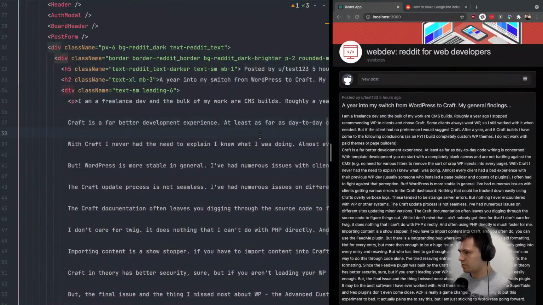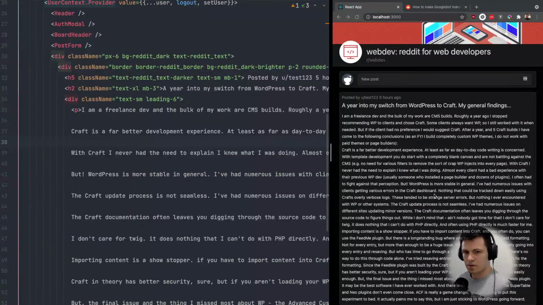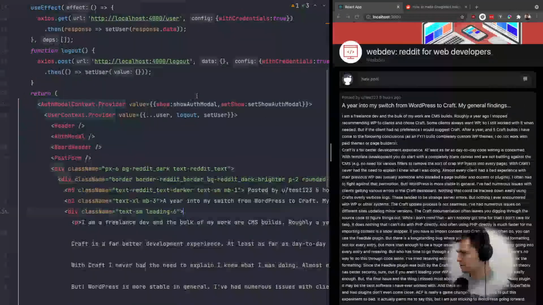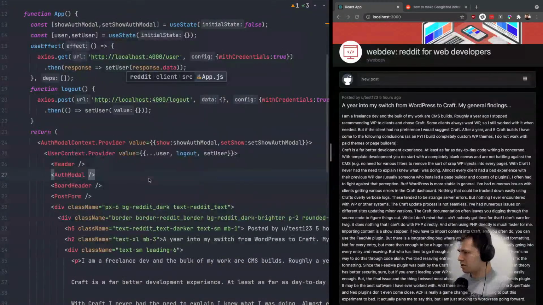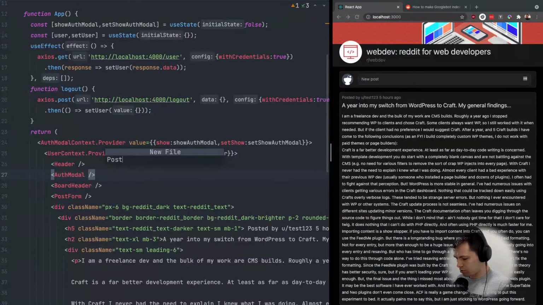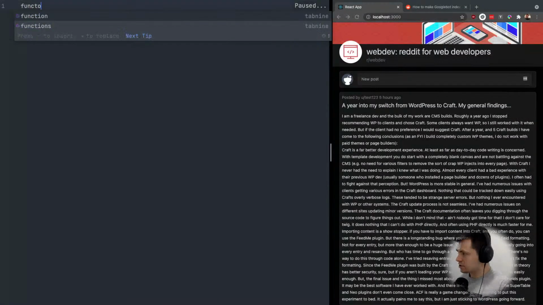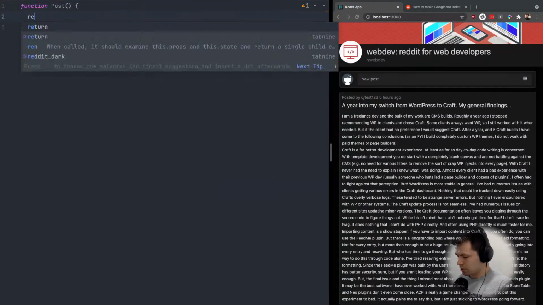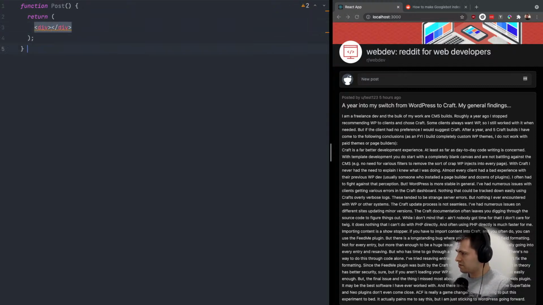Now I want to list the posts here. So we have this post here, and I think I should put it as a separate component. Here where my app.js is located, I will create a new component, and let's call it post. New file, post.js. And as always, just a function here, post, that will return an empty div for now, and let's do export default post